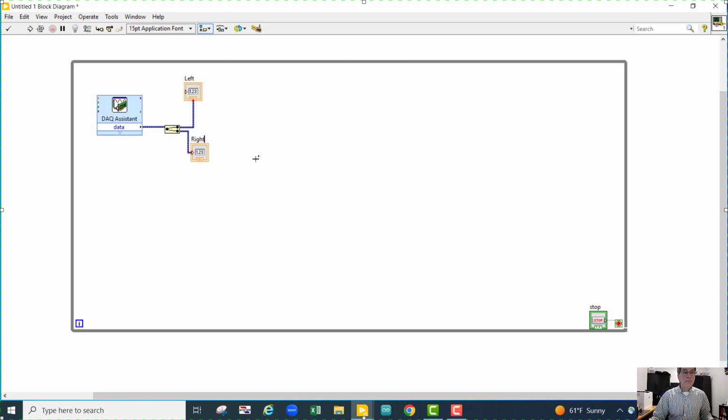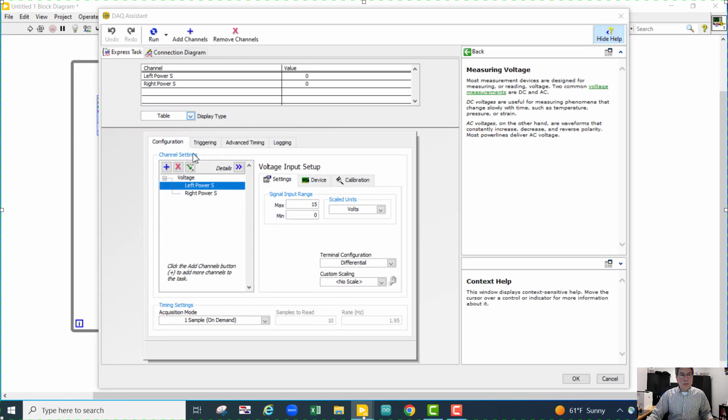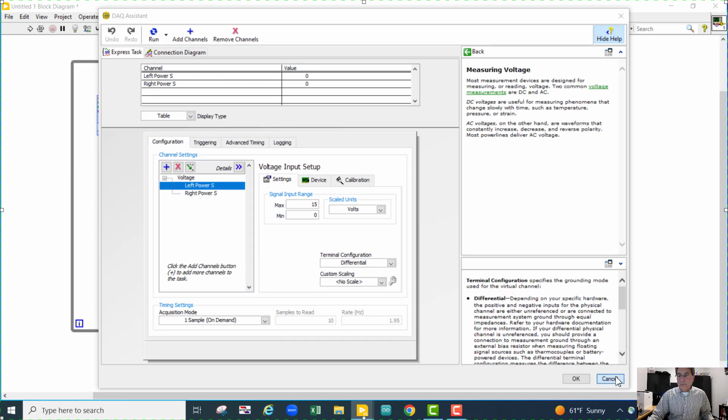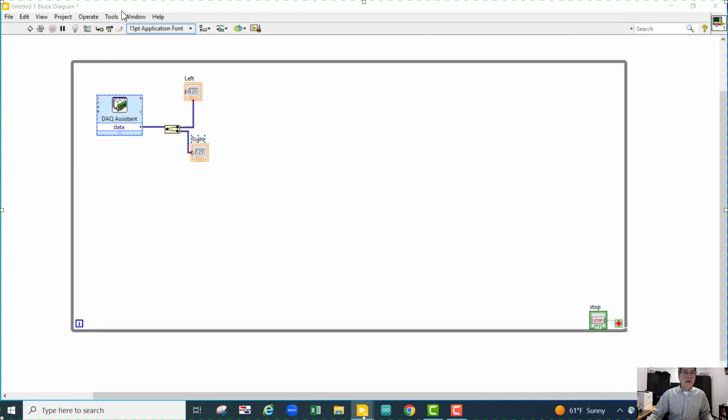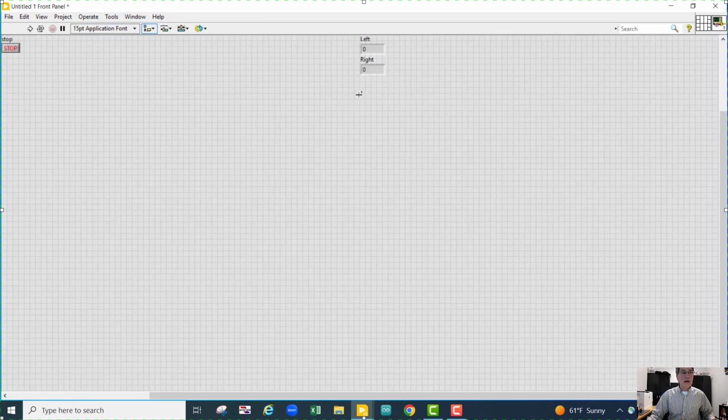Okay, so what's our program going to do? It's just going to keep looping, and it's going to read one thing, put the first thing it reads up here, the second thing it reads down here. Well, what's the first thing it reads? I double clicked on my little blue box. The first thing is left, the second thing is right. Okay, so that's why I named them that way. So now I could go to my front panel and I could run this,